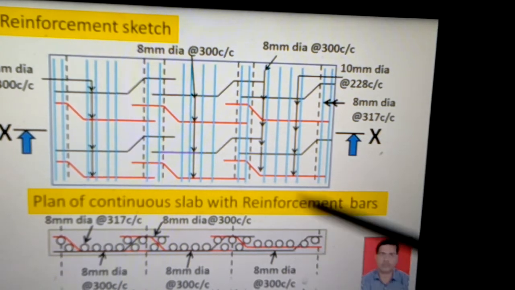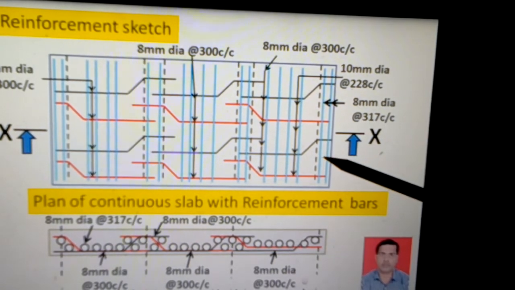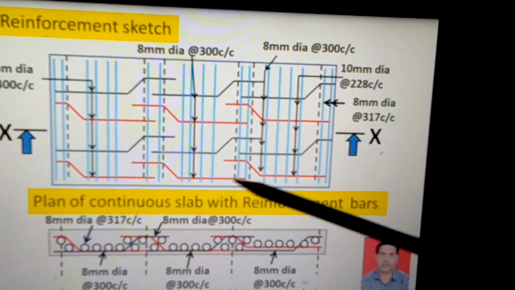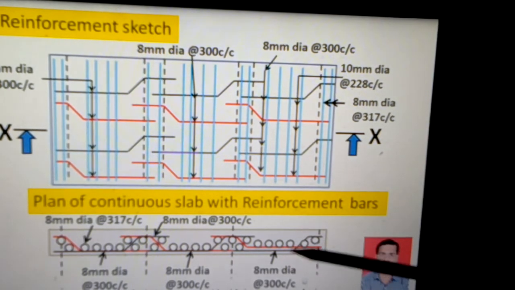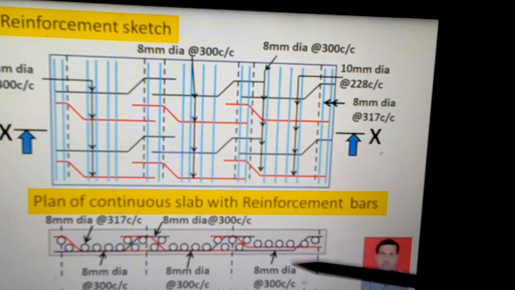So in this way we have shown the plan of the reinforcement sketch as well as one long cross section along X, where the depth of the slab is visible, and along the depth the reinforcement position is also shown. Now if we see a three-dimensional view of the reinforcement placed in this continuous slab, how it looks,